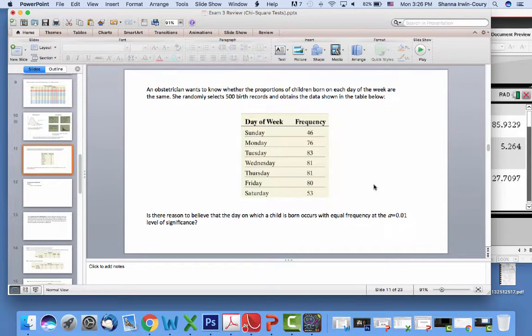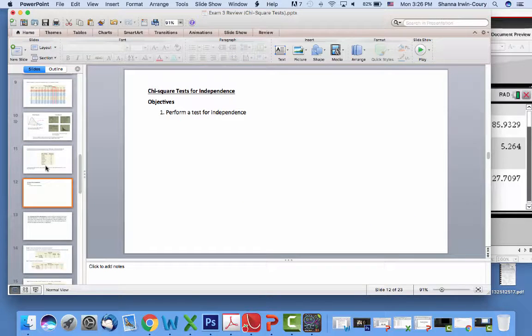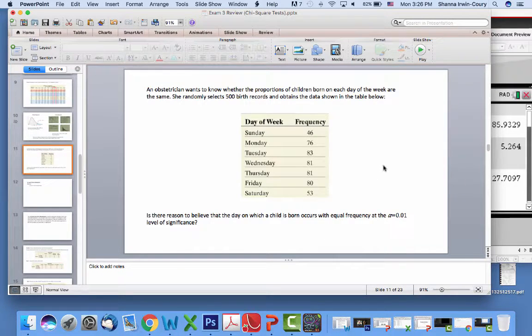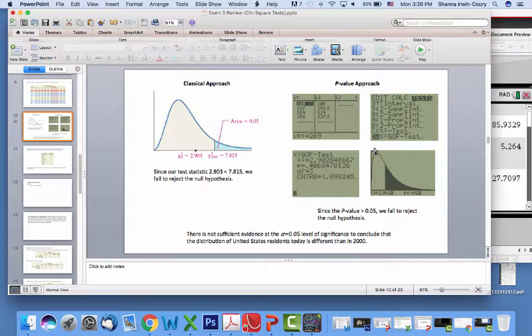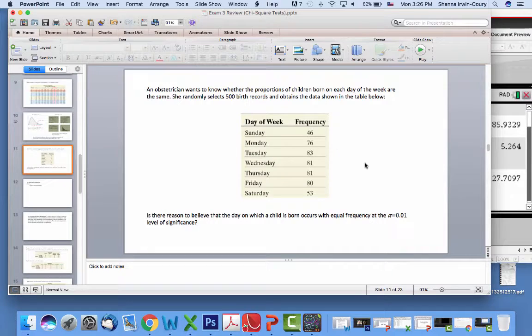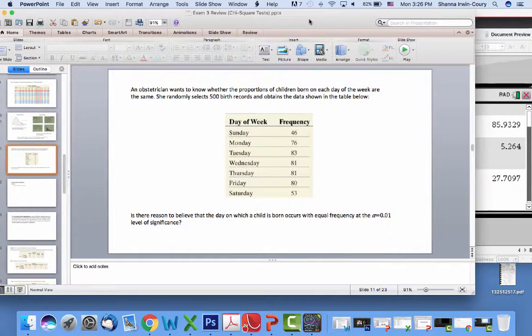Okay, so this you would do similarly. These directions are for a TI-84, which is not what you have. And you have an Inspire, which is a little different. But if we take this,